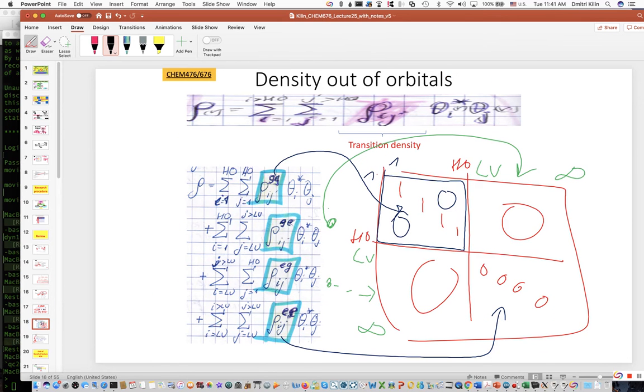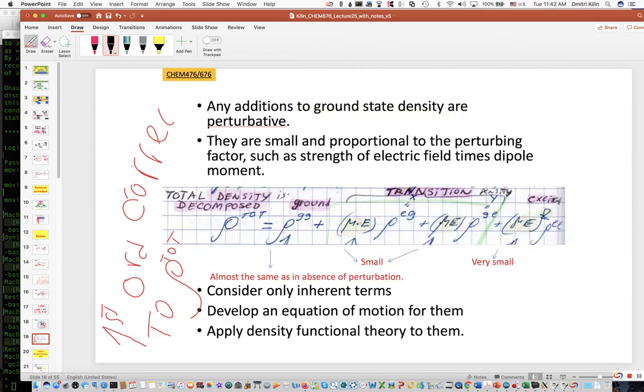Then we saw that this density matrix can be symbolically chopped into 4 blocks. The block corresponding to occupied orbitals, which has diagonal elements for the ground state, the block for excited states, which will be populated if the system has been promoted to an excited state, and the off-diagonal blocks that get non-zero values if the system is experiencing the process of transition from ground to excited. And I believe the last slide we discussed was that